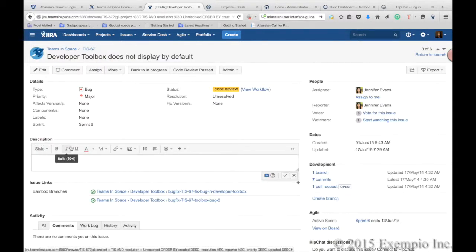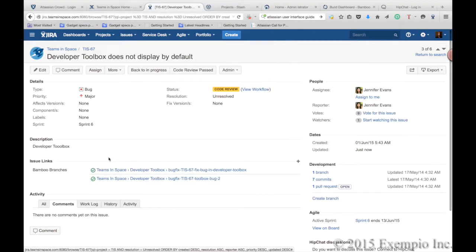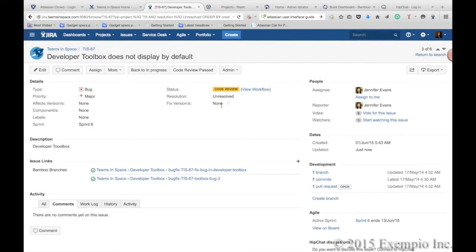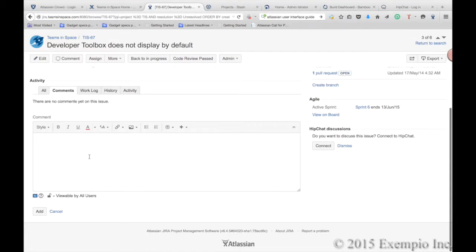JIRA makes it easy to add a description or change it without opening extra windows. The editor is fully functional with all of the functions you would expect of any editor. And you can decide to not make a change. So anywhere you see the little pencil, you can make these changes without having to open another screen. Everything that the user can do is either accessible on the top, quickly comment on an issue,